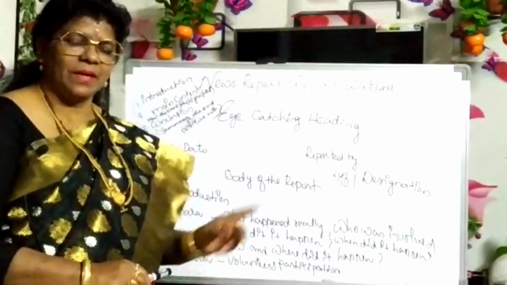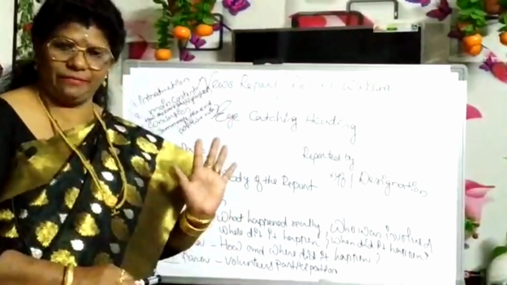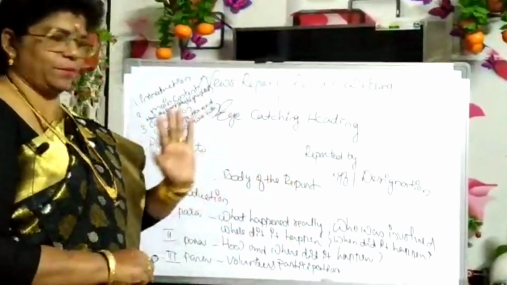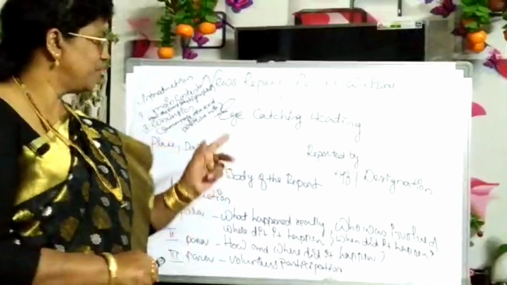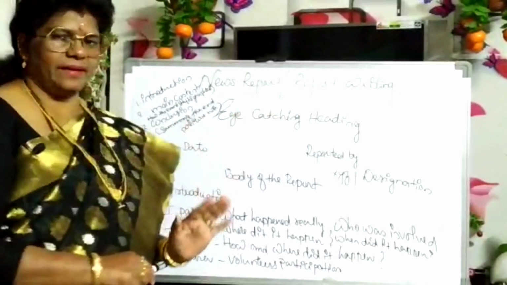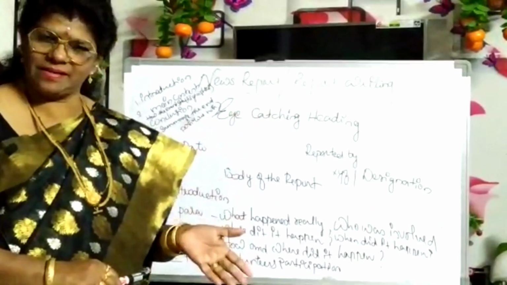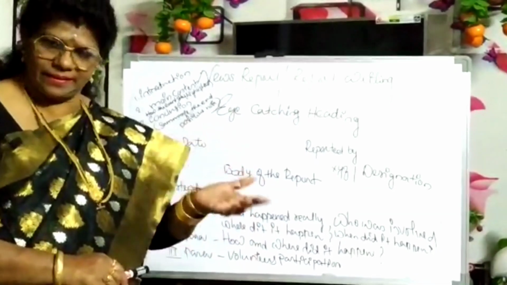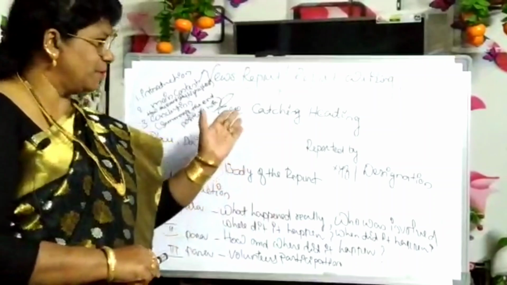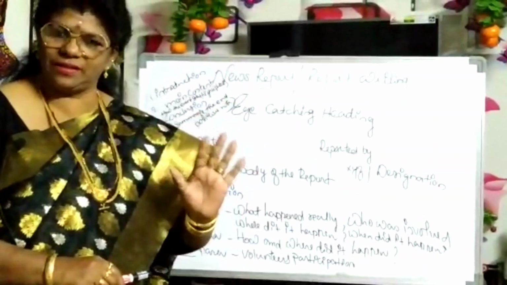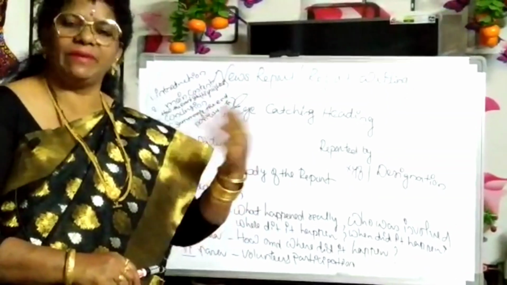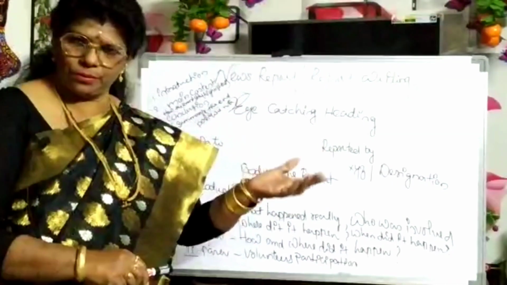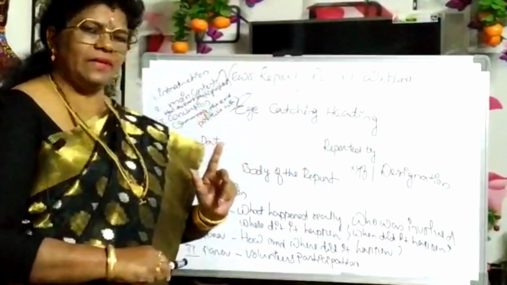Let us go through very carefully. The format I'll explain. Listen to that. First of all, an eye-catching heading. I told you why we need an eye-catching heading: to grab the attention of the readers. From that heading itself, they will understand what is what, then they will feel like having a glance. Otherwise, what will they think in their mind? Okay, let it be, later we'll go through. So an eye-catching heading is always important.